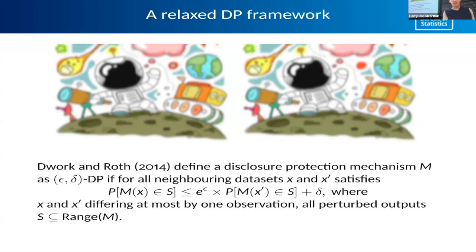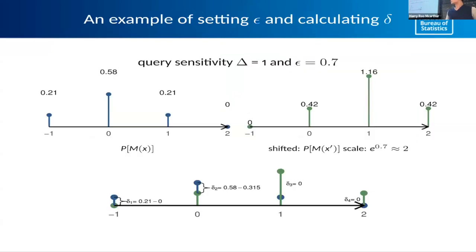I want to run through a very simple example of how we think about the calculation of epsilon and delta. Look at these two identical noise distributions. The green line is just the blue distribution scaled up by a factor. When we talk about two neighboring distributions, if you want to protect your output, you add in noise, and they both come from some kind of distribution. These are two neighboring distributions.